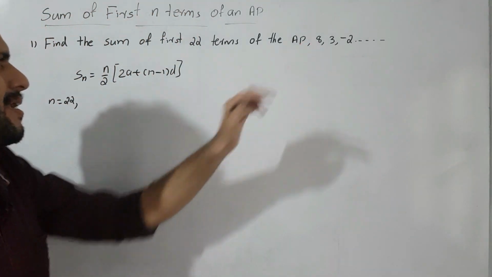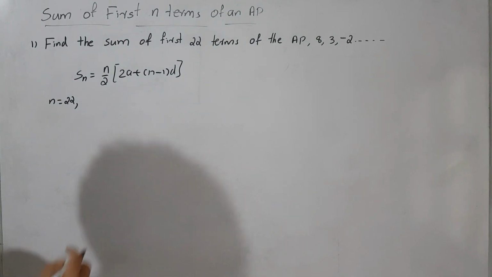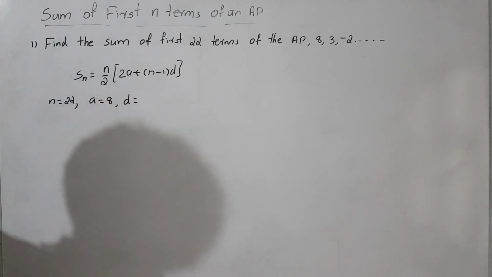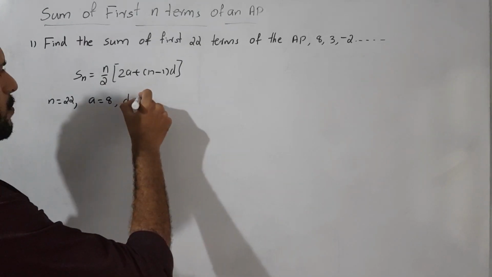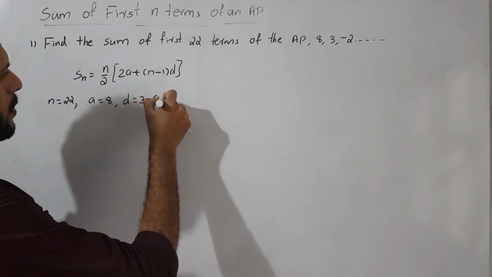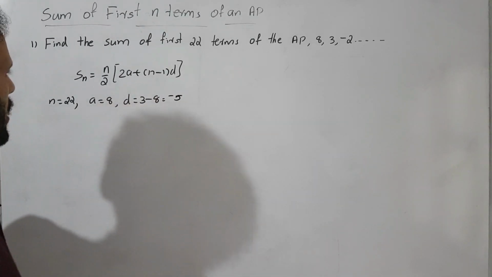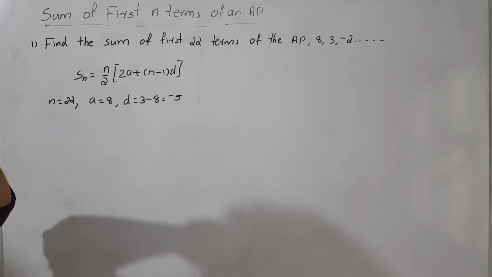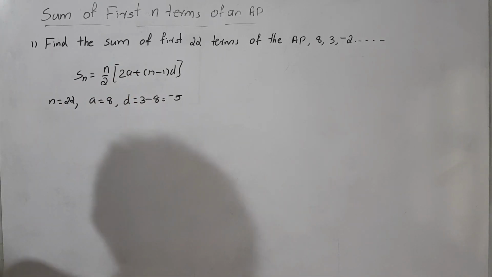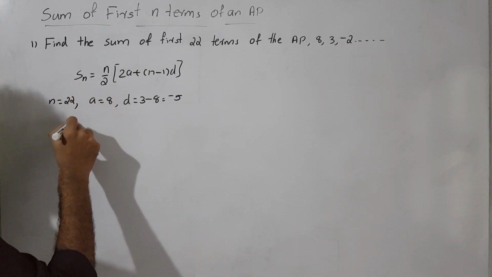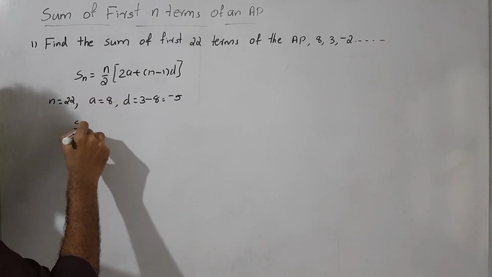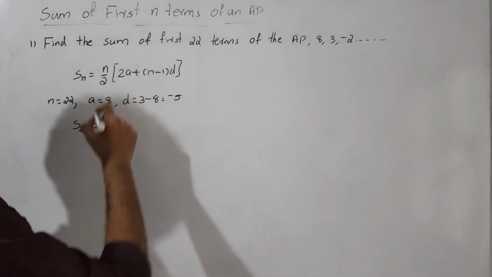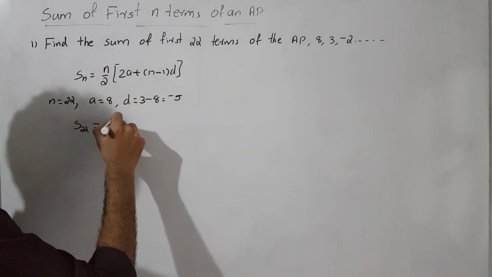Then what is a? a is the first term. So a is equal to 8. What is d? d is equal to second term minus first term, which is minus 5. Now we have all the values needed in the first equation, that is n, a and d. So we substitute. Then how do we change Sn? Sn is equal to S22 because we find the sum of 22 terms. Then n by 2, n by 2 means 22 by 2